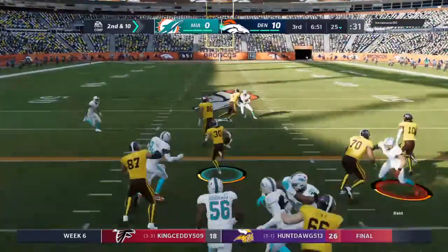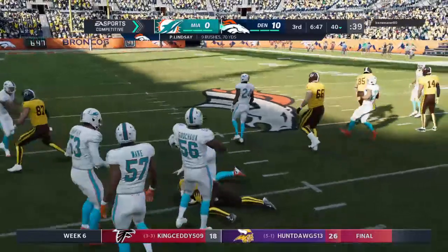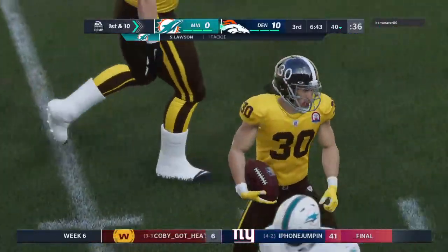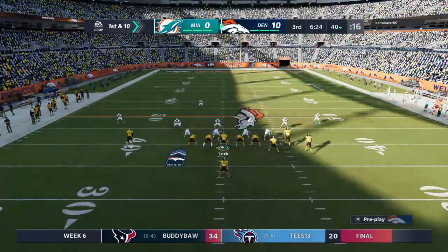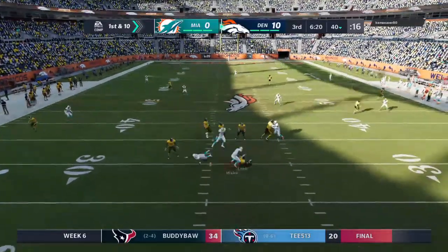On second down now, it's Lindsay. And down he goes, but he takes it up to the 40. 15 yards on the play, first down. The Broncos, 1st and 10 at the 40-yard line. Clock now on first down. And the Dolphins